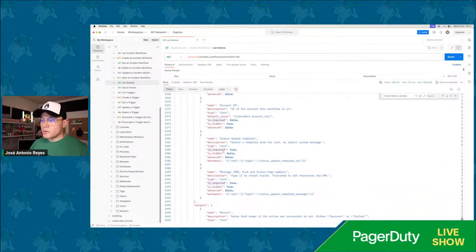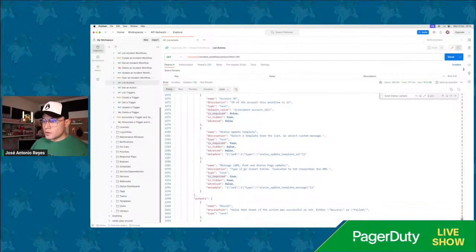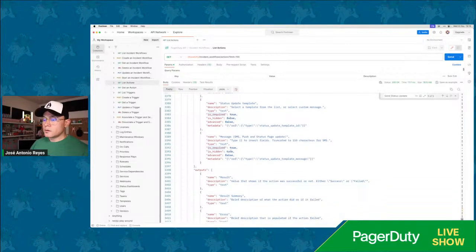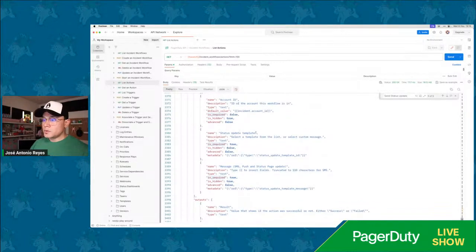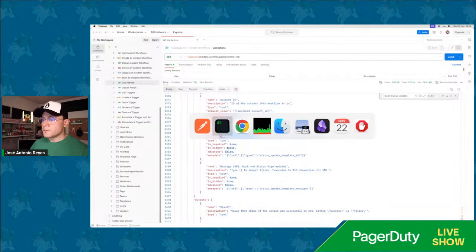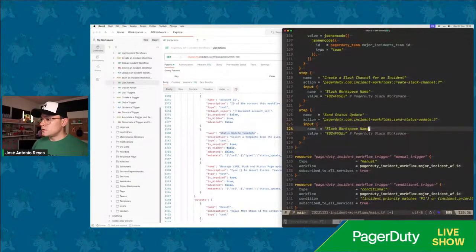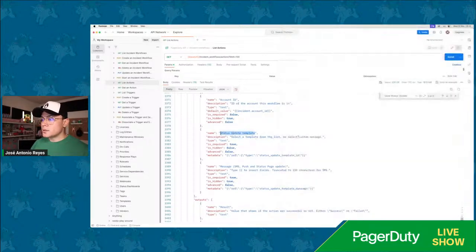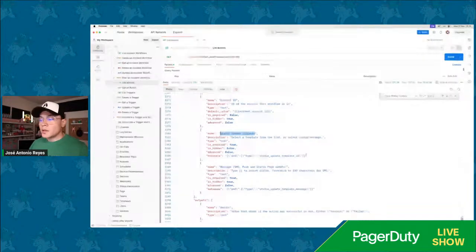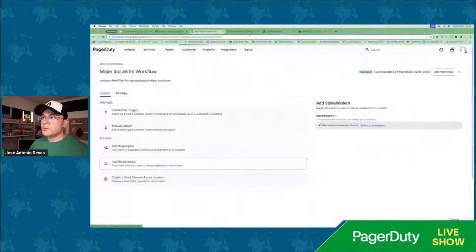This is not required, not required. This one is required, and also this one is required. There are 2 required inputs. So I'll grab this and say this input is status update template, and it is of type text, select a template from the list or select a custom message. Again, I'll go ahead and review the